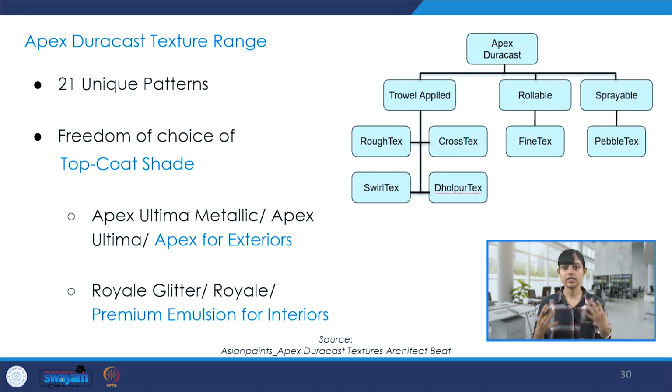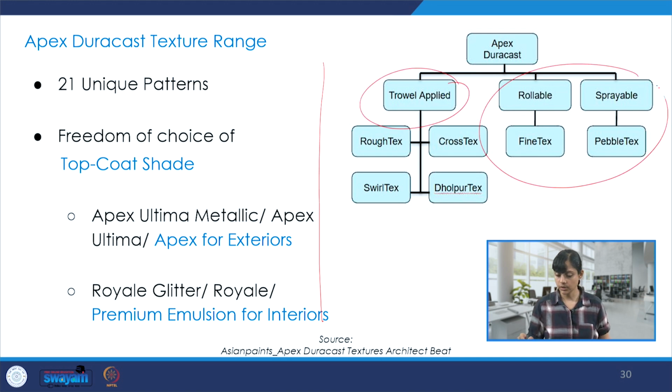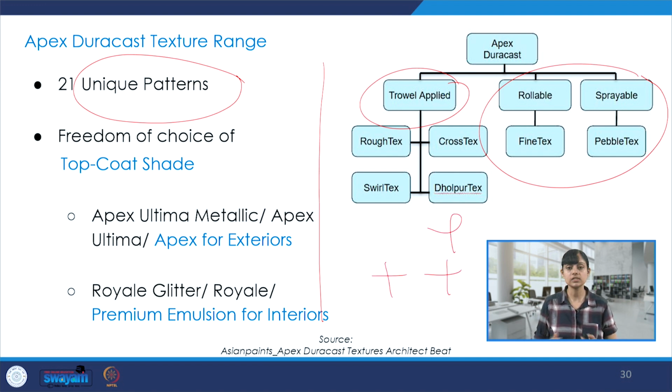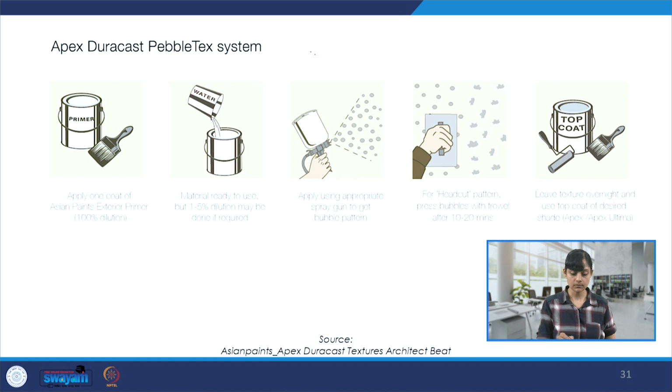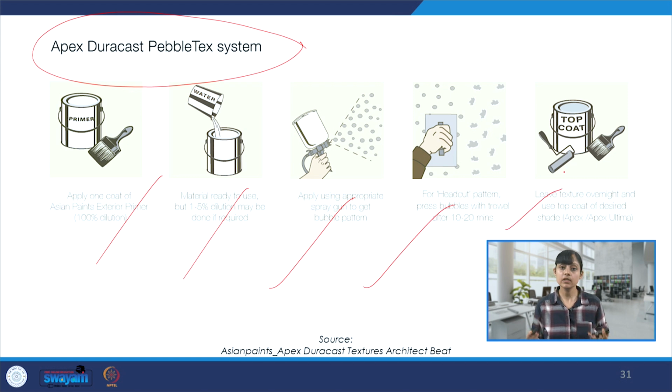And then, in terms of understanding the market, through this case study of Asian Paints, we also understood what the different kinds of texture ranges possible are, how they are applied, and what technique and skill is required to apply them. And there are different kinds of patterns available. And of course, they keep doing a lot of research, and there may be more ranges, designs and patterns added to what you are seeing on the screen. But to understand the overview, and then continuing with the same case study, what is the process of application?